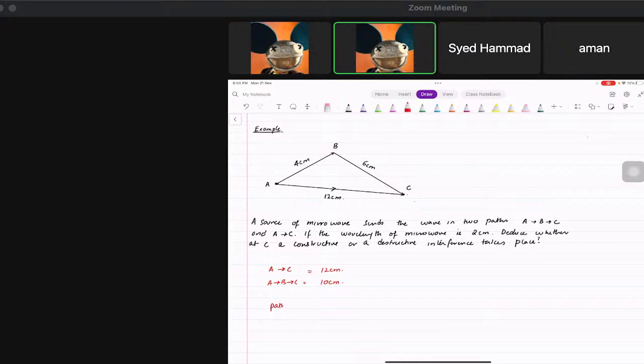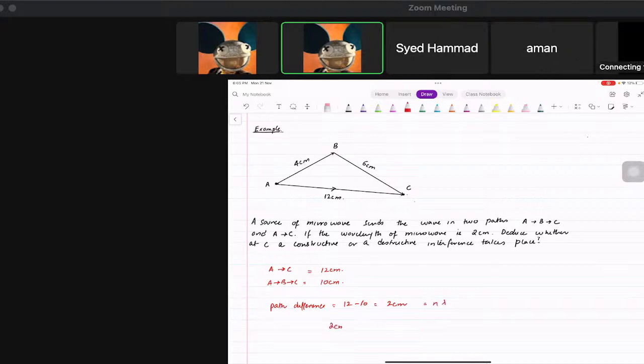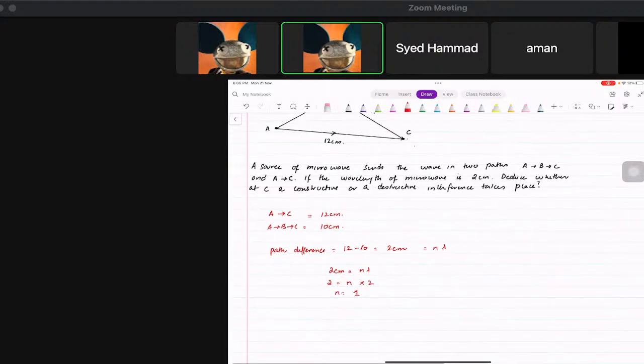Now the path difference here is 12 minus 10, which is 2 centimeter, and path difference is equal to n lambda. So we can write 2 centimeter equals n lambda, because the lambda was 2 as well. So 2 equals n times 2. So n becomes 1. Since this is a whole number, this means that this is constructive interference,